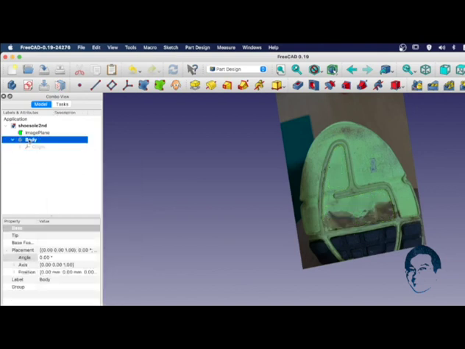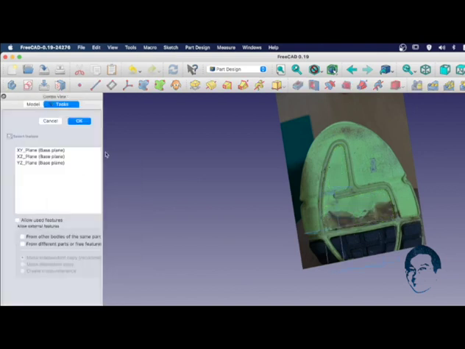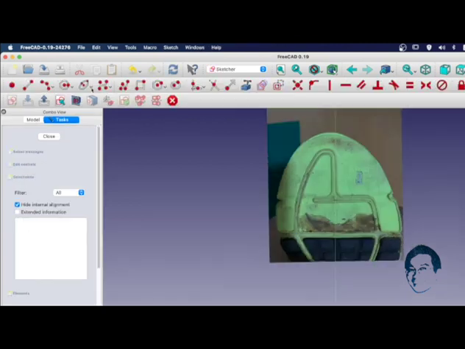So now I'm going to create a new sketch for the next layer, which is on the XY plane. So let's start sketching this thing by going from here to here and go with the arc tool here.